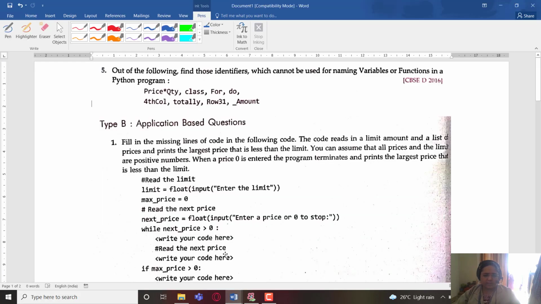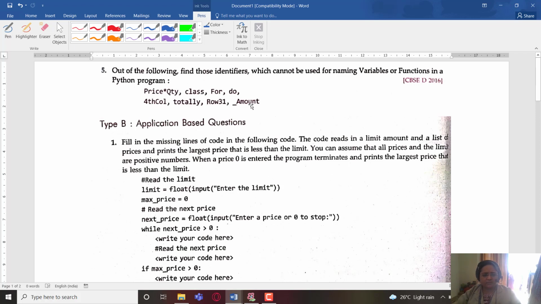So let's move ahead. So you can see the first question here. Out of the following, find those identifiers which cannot be used for naming variables or functions in a Python program. That is, you have to find out those identifiers which are valid or invalid according to naming identifier rules in Python.